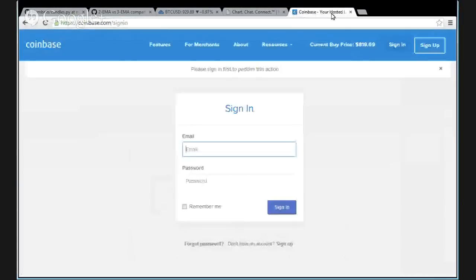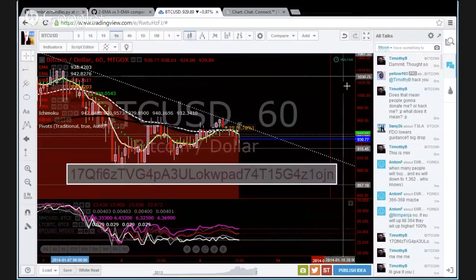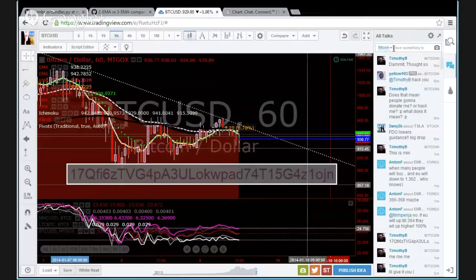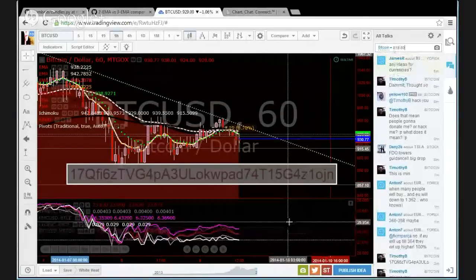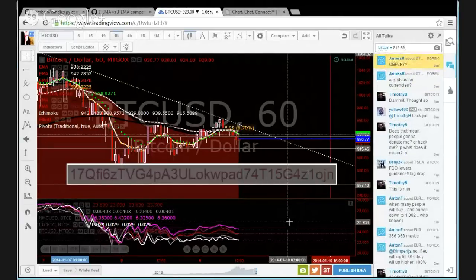Your current Coinbase rate is 81969. So what you want to do is go to your Coinbase account, and you're going to send a micro transaction. Okay. So let's say right now the Coinbase is at 81969. So by sending a 0001 times 81969,